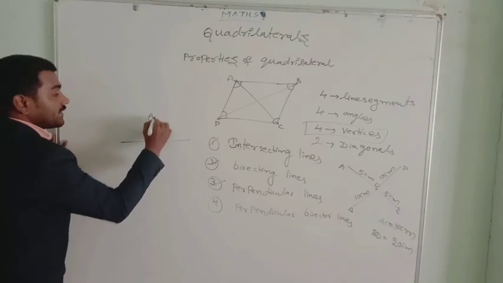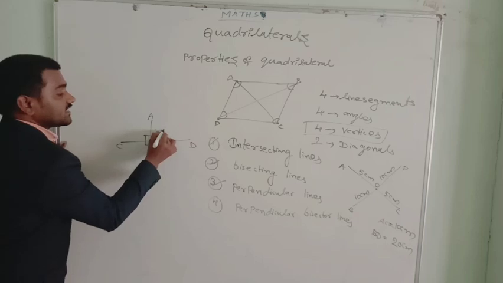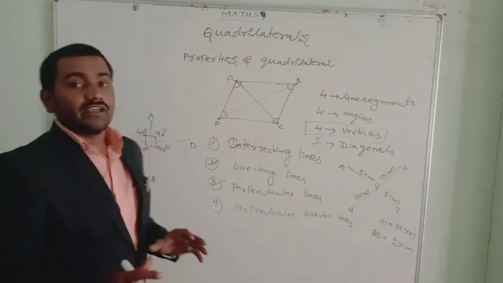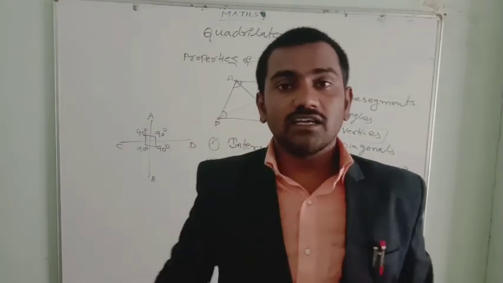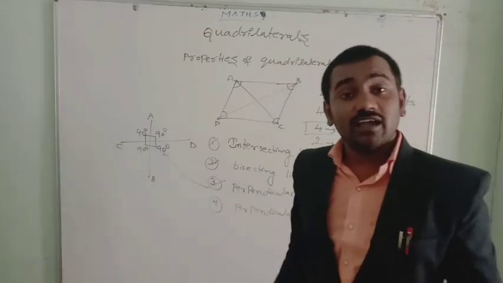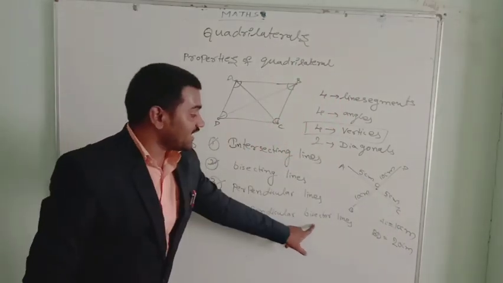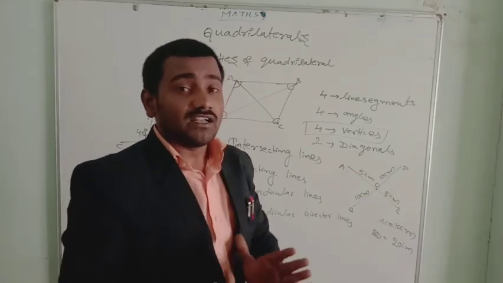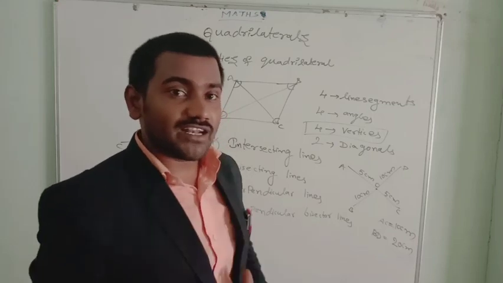See, these two lines AB and CD are intersecting at the angle of 90 degrees. If two lines intersect each other at the angle of 90 degrees, they are known as perpendicular lines. Then here two words came: perpendicular bisector lines. Perpendicular in the sense intersecting two lines at the angle of 90 degrees. They are known as perpendicular.